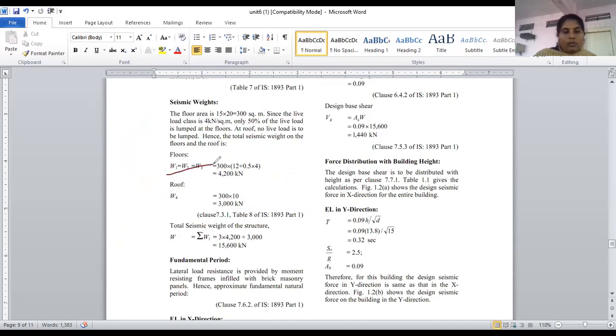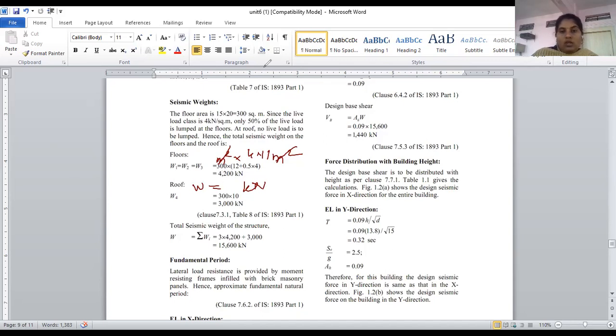Okay, so W1, W2, W3, from this, the seismic weight of the building that we can calculate by the cross section area, that is in square meters, into the load. You can understand with the dimensions also, because this weight is in meter square, into that load, which is coming in terms of kilonewton per meter square. So that meter square, that meter square is getting cancelled, so that W you will get in terms of kilonewton. So that is the total load which is coming on each and every floor.